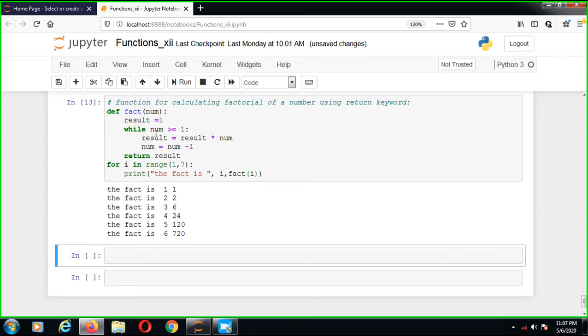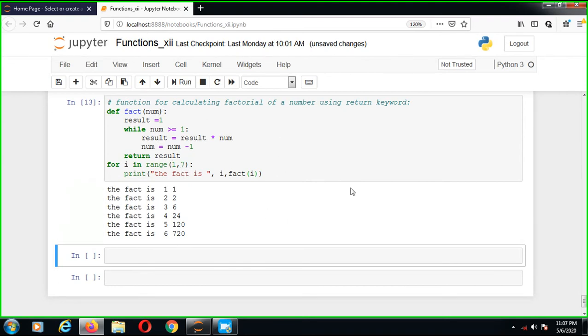So 1 into 1. According to our condition, number should be greater than or equal to 1. Then result starts at 1, multiplied by 1, which gives 1. Now the number is 1, minus 1. Is the number greater than or equal to 1? Yes, because our range is 7.